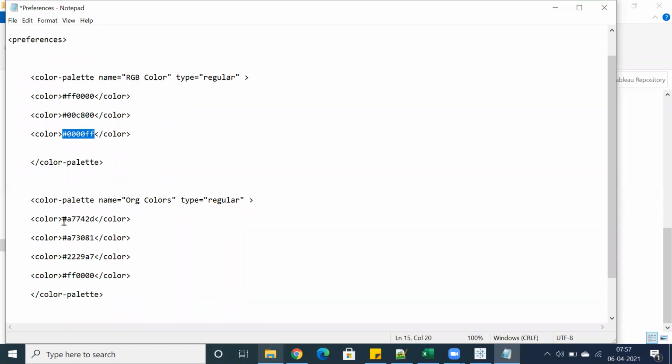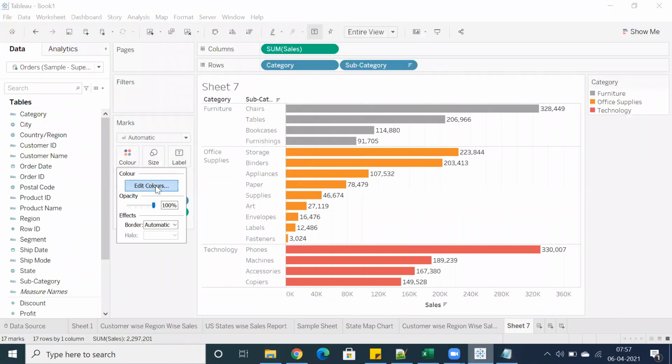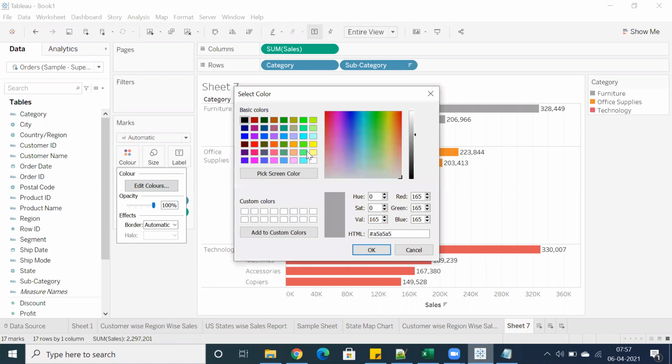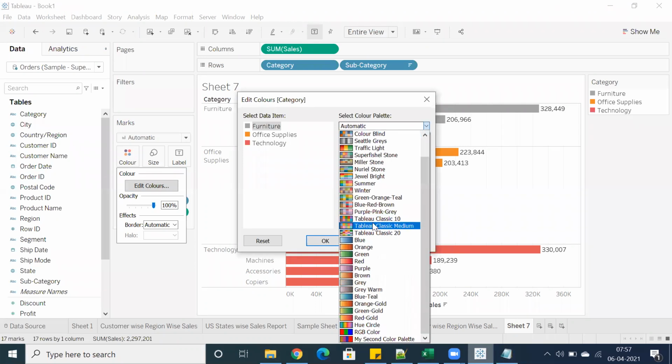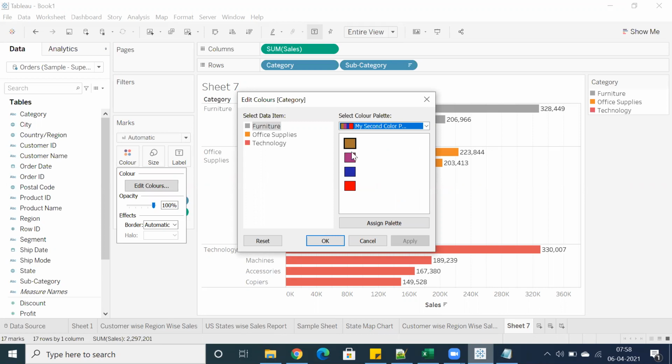I'm sorry. Let me remove this. Let's go for only three colors. The first one, I'm going to use gray color. I'm copying this A5, A5, A5. I captured this. You can see A5, A5, A5. I copied from here. And even you can see here in my second color palette, you don't have gray color,